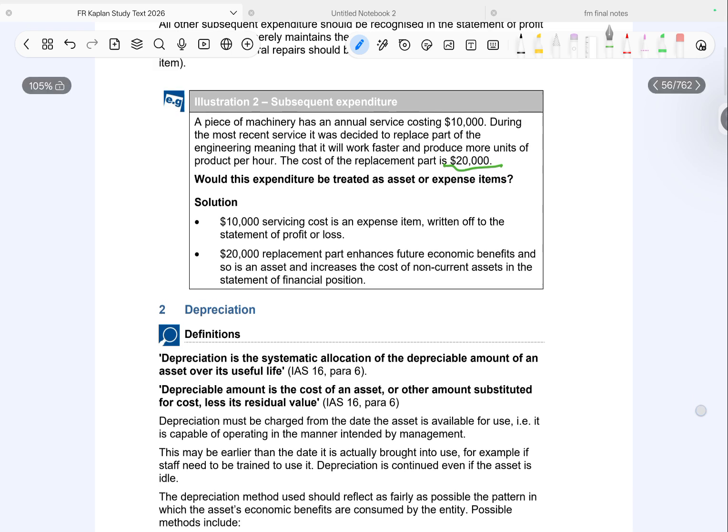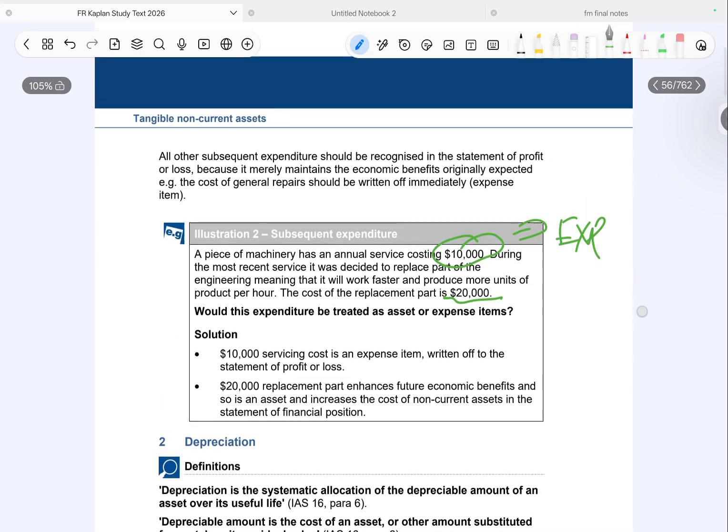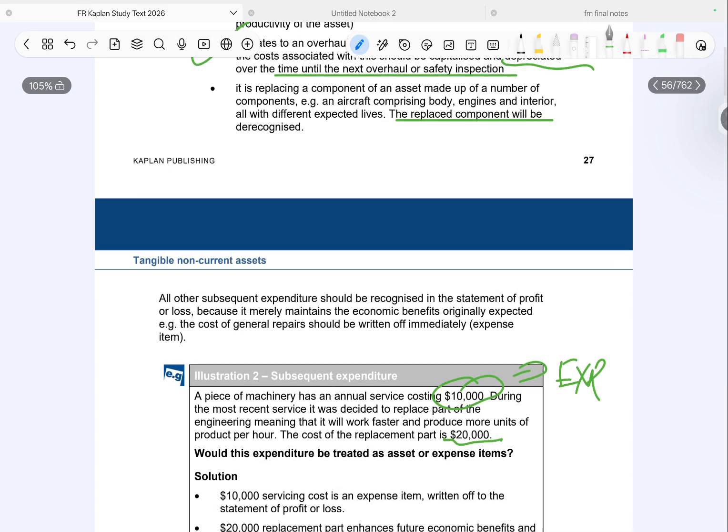So, इसमें हमें बोला हुआ है 10,000 जो है ये हमारा एनुअल सर्विसिंग कॉस्ट है। अब ये एनुअल सर्विसिंग है तो it is an expense. One more thing if I forgot to touch over here, अगर कोई जनरल एक्सपेंडिचर, जनरल रिपेयर्स का जो खर्चा होता है ना, that is an expense. ओके,